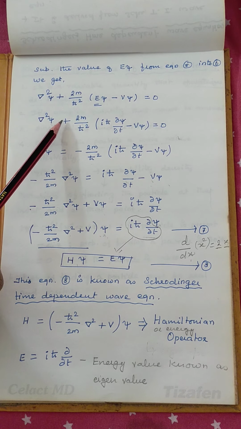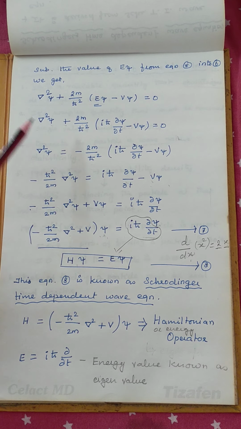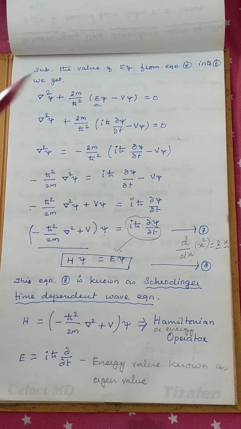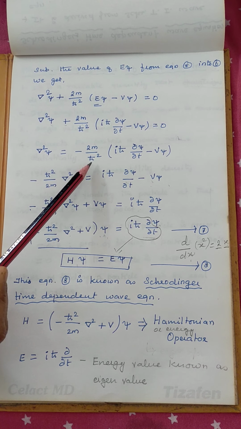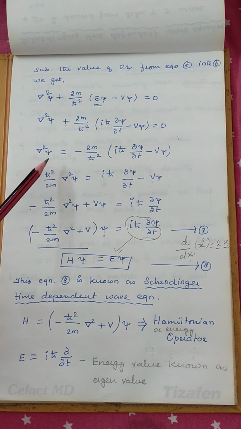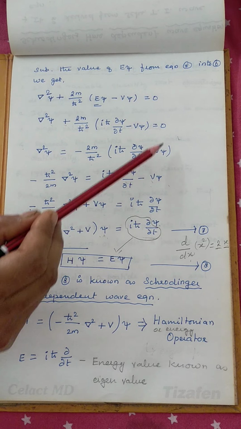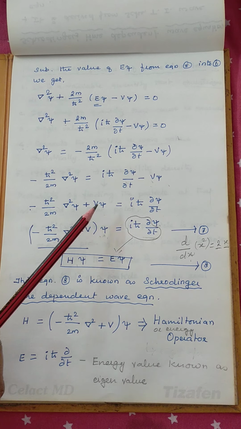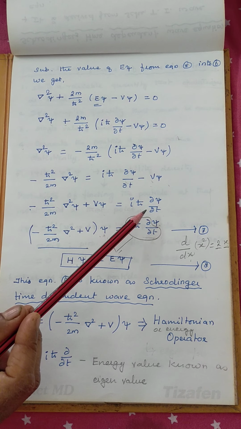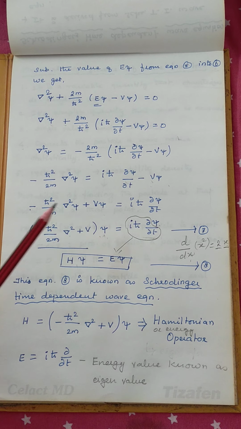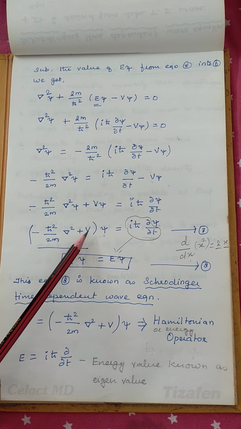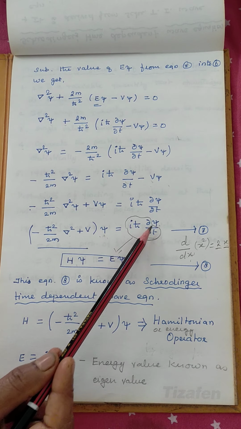Then this is a plus term which is equal to 0. So just bring this plus term to that side. So it is minus 2m by h cross square into this term, and also 2m by h cross square, you just bring it here. So minus h cross square by 2m into del square psi is equal to this whole term. Again you bring this v to this side. So minus v psi, if you bring it here, this gives plus v psi, which is equal to i h cross into dou psi by dou t. Here psi is common for both. So you just take it out. Minus h cross square by 2m into del square plus v into psi is equal to i h cross dou psi by dou t.